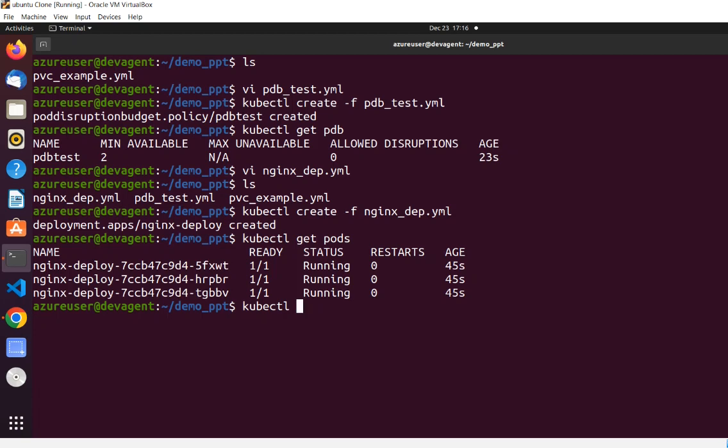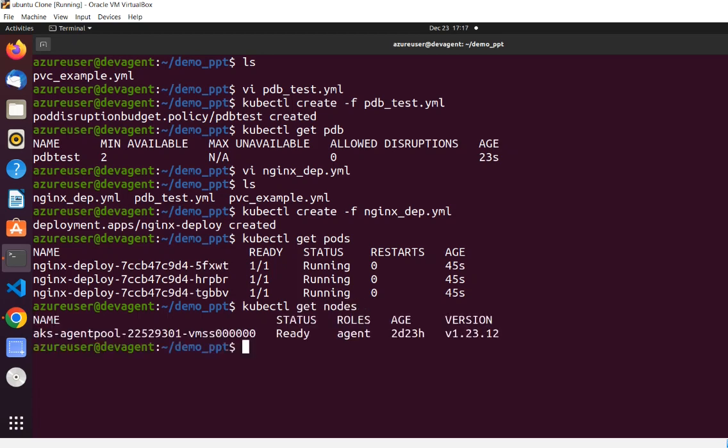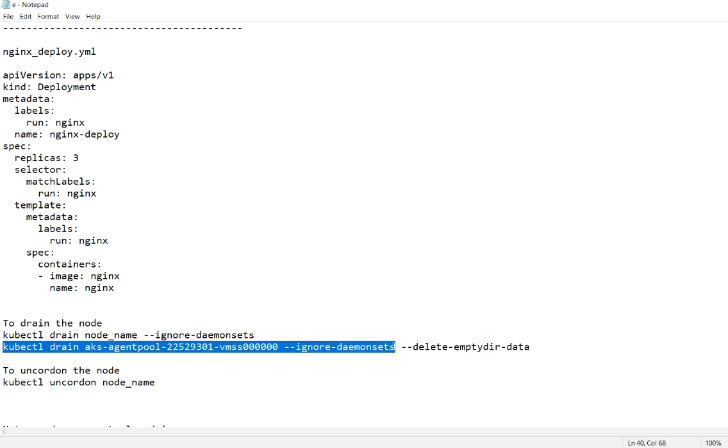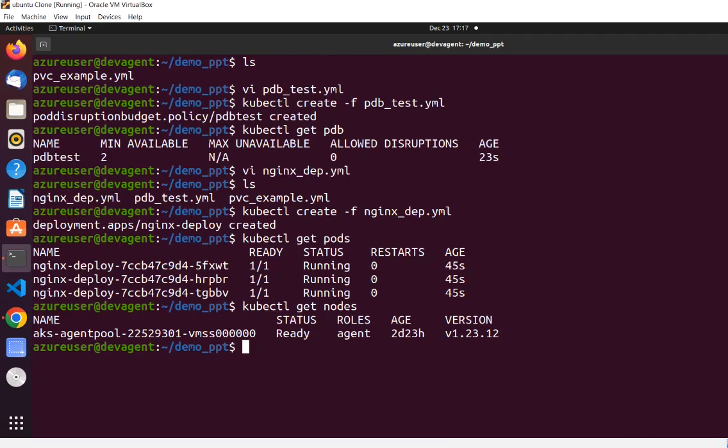I am doing this on an AKS cluster. Either you configure it on AKS or on EKS, it will not affect much. Currently I have only one node. One node will help here, because if we have 2 nodes, the resources will get shifted to the other node. So what we will do,